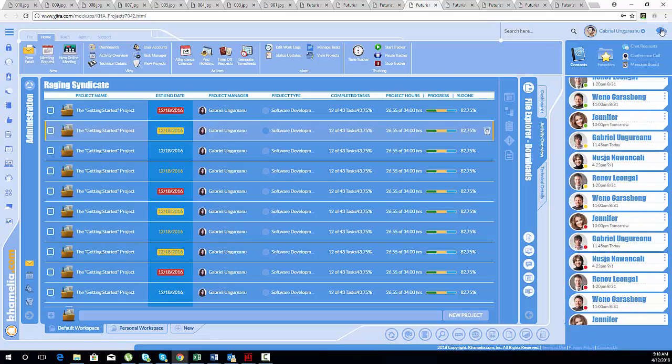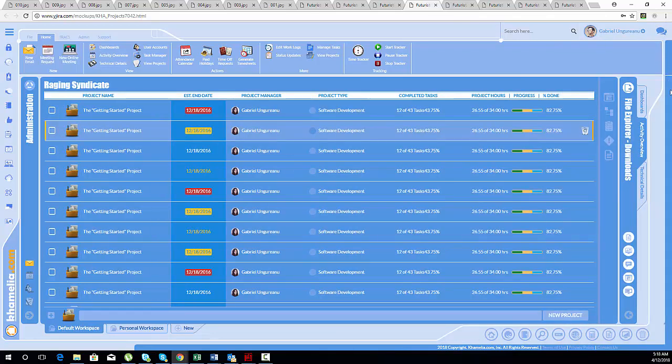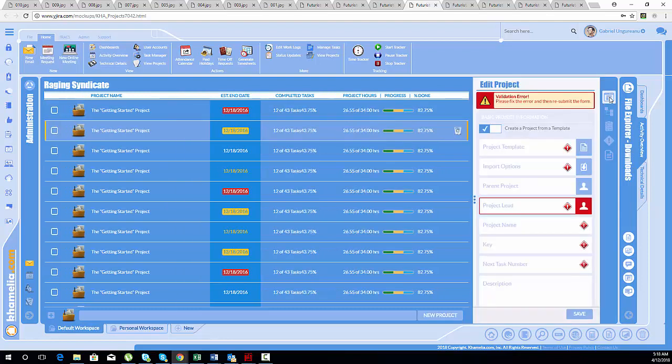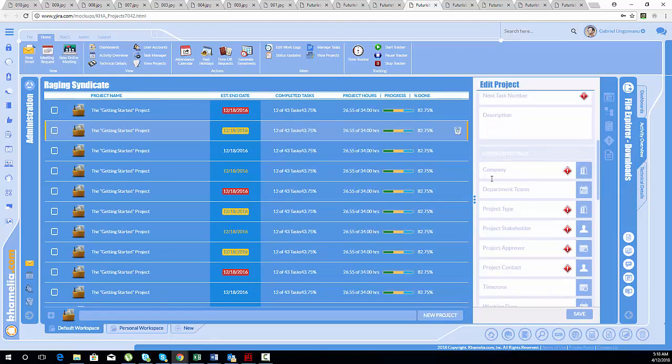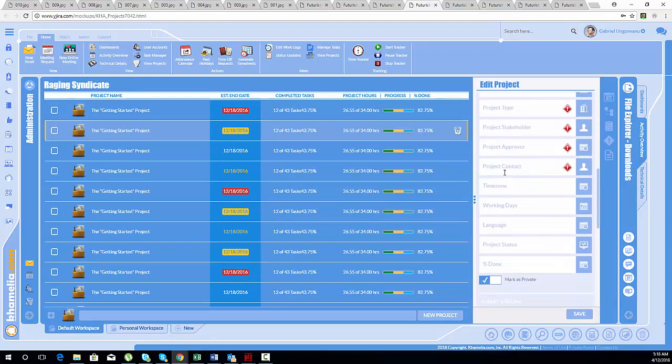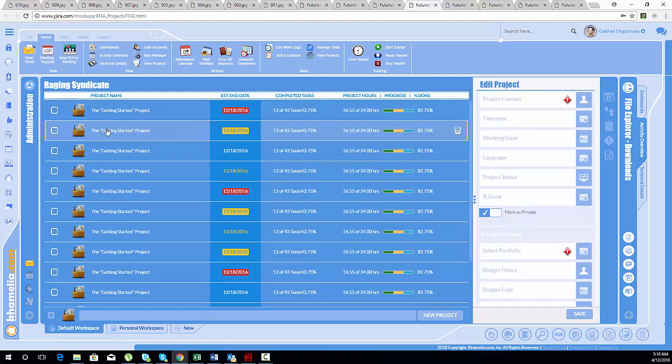Or I can click it a third time and it collapses and is out of the way. Once I select a particular entry here, I can get more information by clicking the edit screen, and as you can see from here, you can go in and edit different data, different information that is specific to